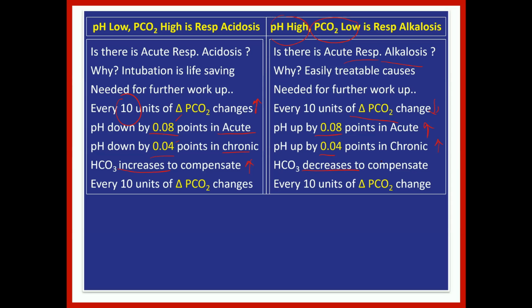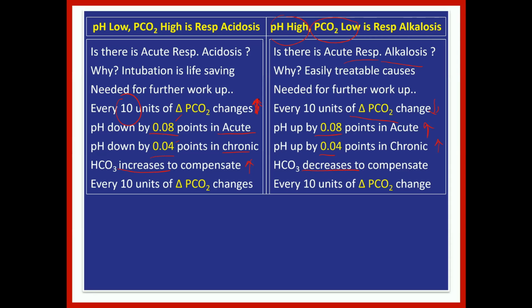So there are two things. Is it acute or chronic? For me, acute is more important to treat immediately. To know that, I can surmise by looking at the change in the pH for every 10 units change in the PCO2. The change in the PCO2 is upward in respiratory acidosis; carbon dioxide is retained. For every 10 unit change, if it is acute, the pH is not corrected well because the time is less, so the pH is down by 0.08 units. Whereas in chronic, the pH is down by 0.04 units. When we work with an example, you will know that.